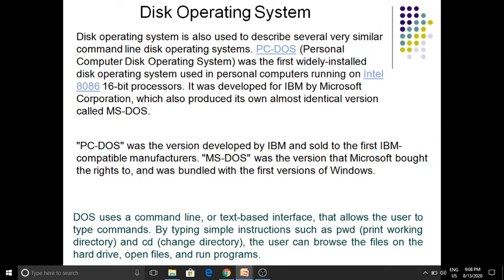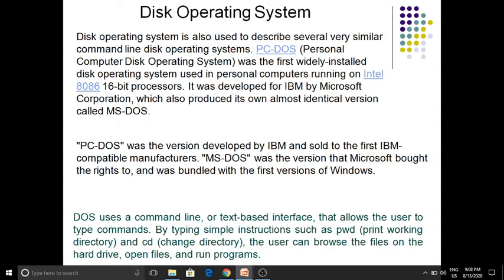DOS uses a command line, text-based interface that allows the user to type commands, simple instructions such as PWD, which means print working directory, and CD, change directory. The user can browse the files on the hard drive, open files and run programs.